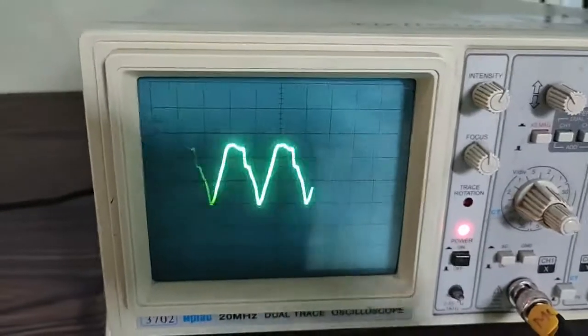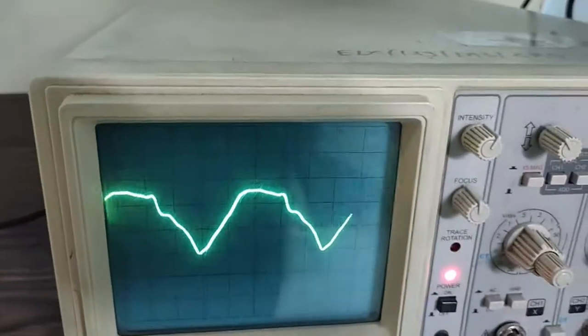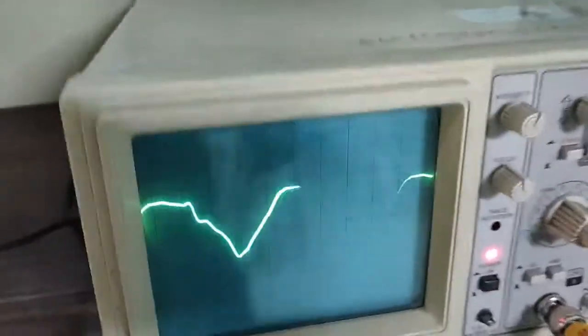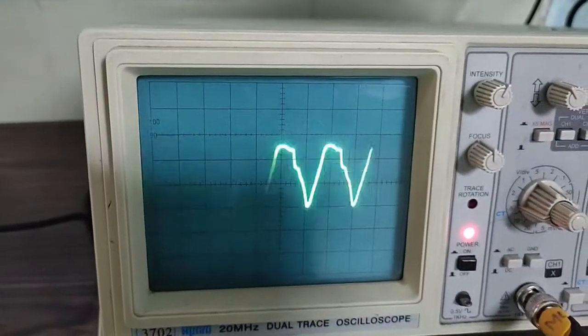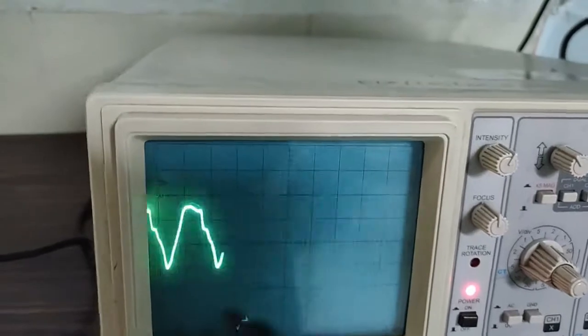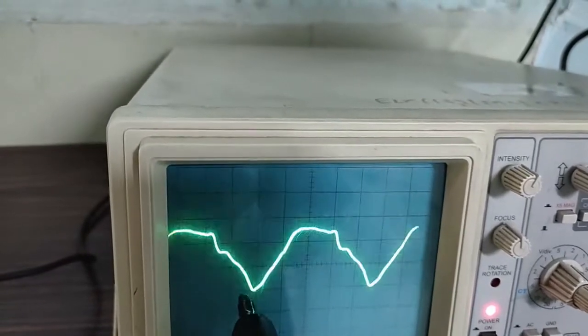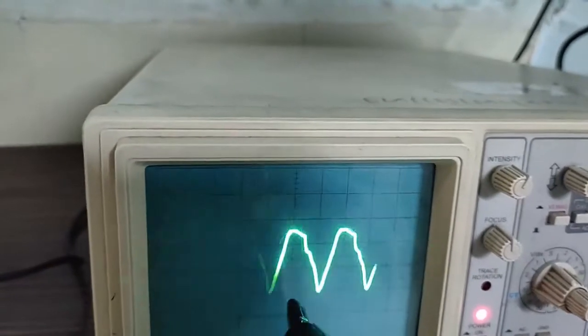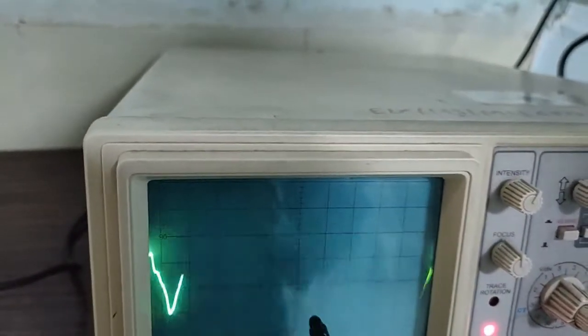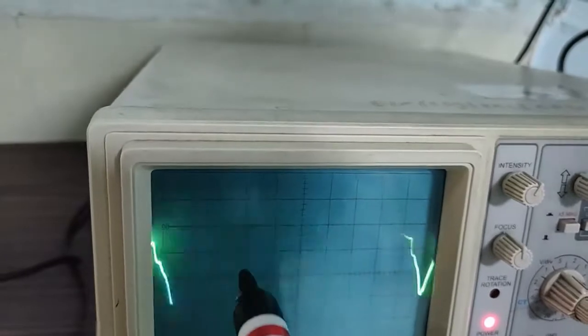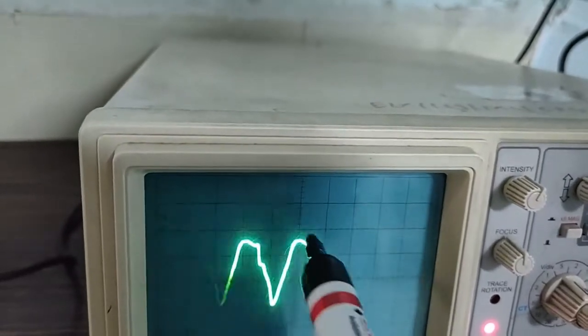Now when you connect channel 1, you will get an idea that we are getting some rectified output in both cycles, that is for the positive half cycle as well as for the negative half cycle. Now if you check, this is the waveform for your positive half cycle. Similarly, this is the waveform for your negative half cycle, means for the interval from 0 to pi, and again from pi to 2 pi.